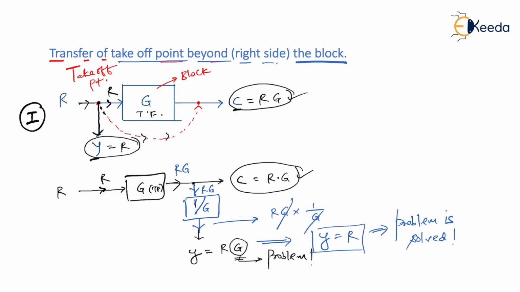So tell me, what was the problem? Problem was this extra G. This extra G was a question mark for us. But yes, we are bound to get that G, because if you actually shift this takeoff point as it is to right hand side, then definitely you are taking output from this point. So at this point, what you are getting will not be the same which you were getting earlier here, that is before shifting. So you have to add the extra block so as to keep outputs same. Am I right? Then let me write the final conclusion here.